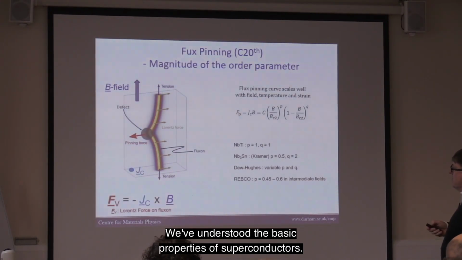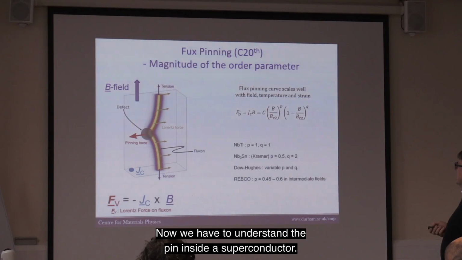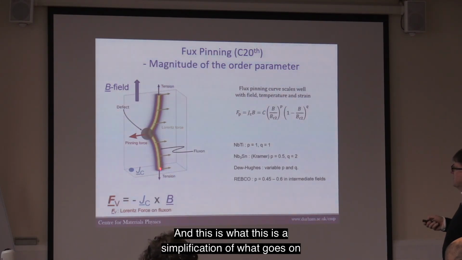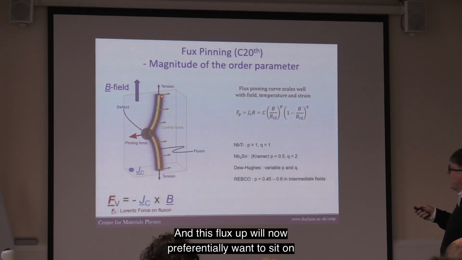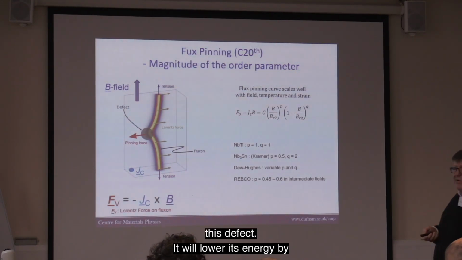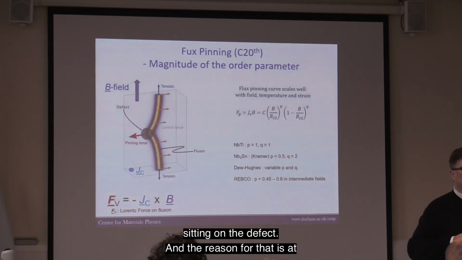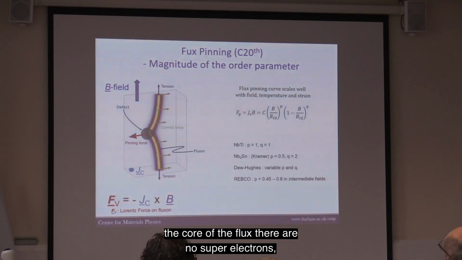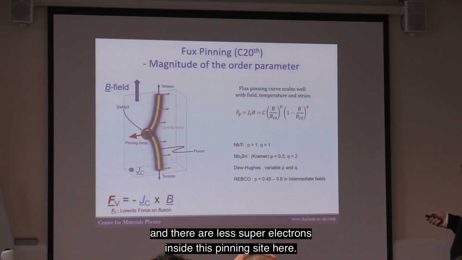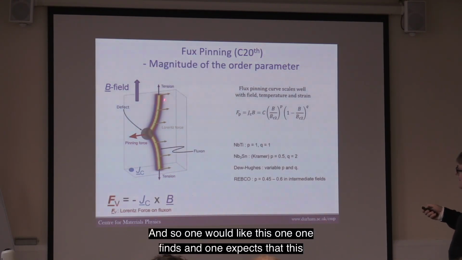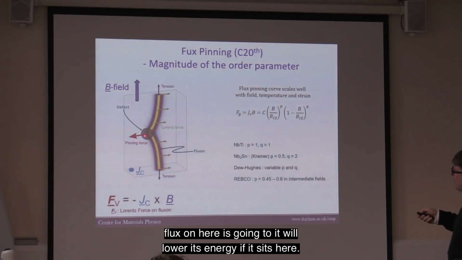Okay, we've understood the basic properties of superconductors. Now we have to understand the pinning inside a superconductor, and this is a simplification of what goes on in a superconducting material. We can add a defect here, and this fluxon will now preferentially want to sit on this defect. It will lower its energy by sitting on the defect, and the reason for that is that at the core of the fluxon there are no superelectrons, and there are fewer superelectrons inside this pinning site, and so one expects that this fluxon is going to lower its energy